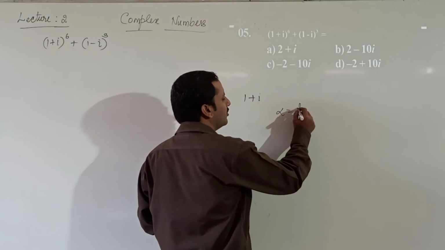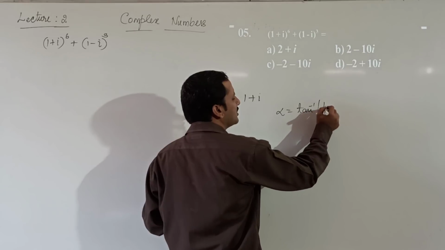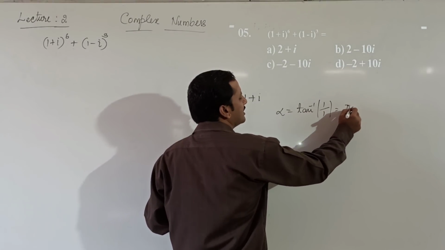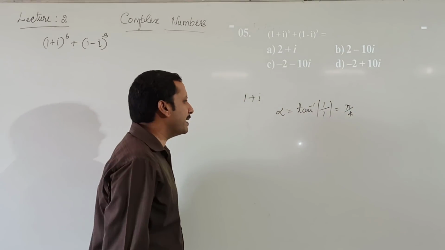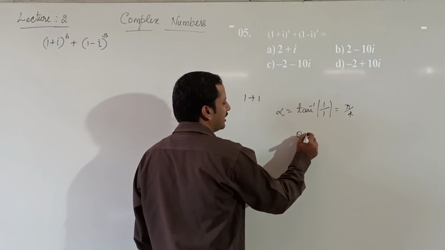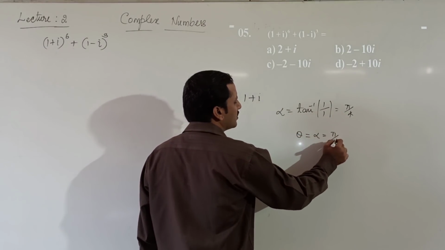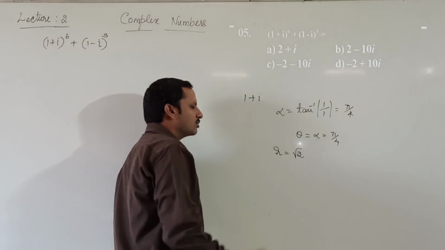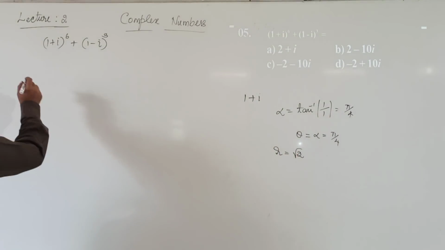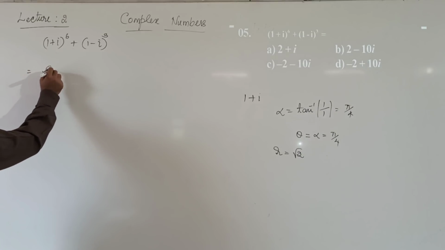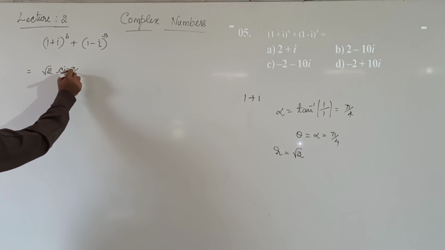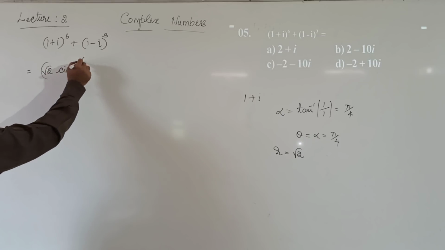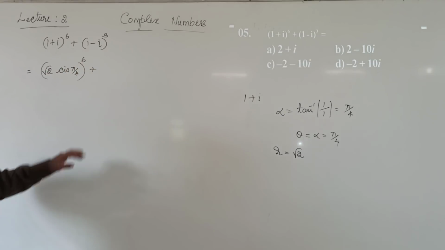Alpha is equal to tan inverse of modulus of 1 by 1, that's equal to tan inverse 1, which is pi by 4. So first quadrant, theta is equal to alpha. So we got theta is equal to pi by 4. R is equal to root of x square plus y square. So this will be equal to root 2 into cis pi by 4 whole power 6 plus 1 minus i,